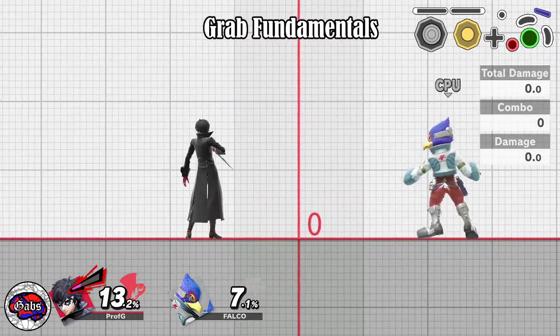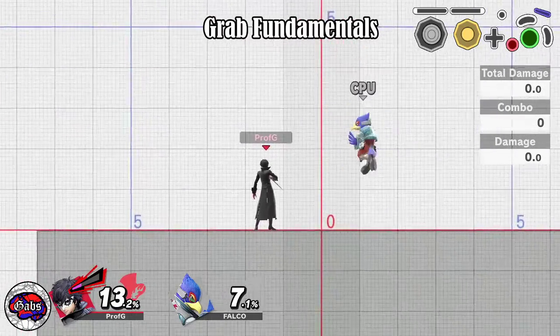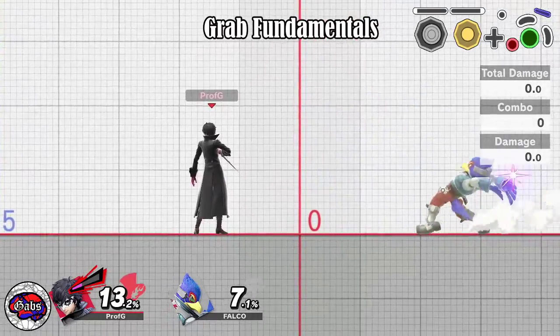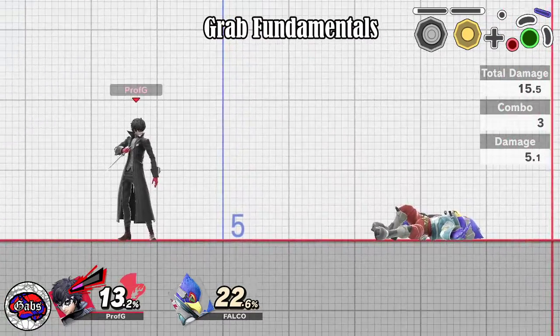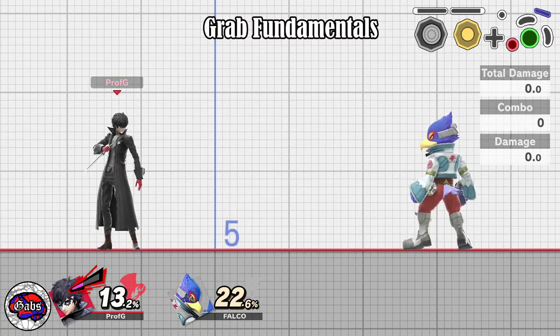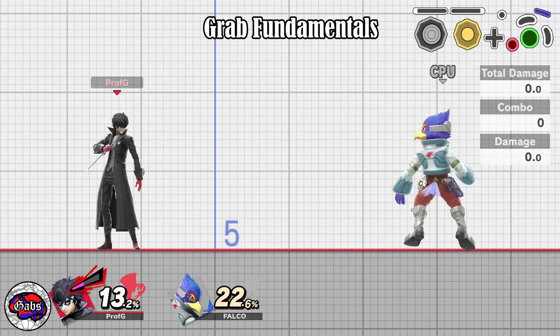Another common setup once again are whiffed attacks, right? So you'll see a Falco try to come up and do a falling aerial or something, or they'll hit a forward smash and they'll miss, and you get them. So I actually have a video to show you guys with some of these things in action, with falling aerials, whiffed attacks, stuff like that. So let's pull up